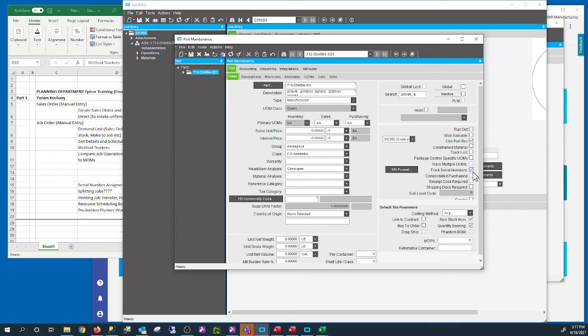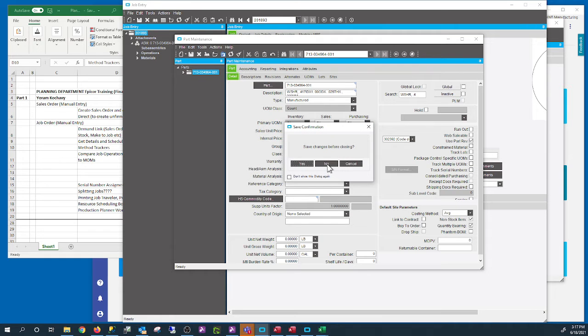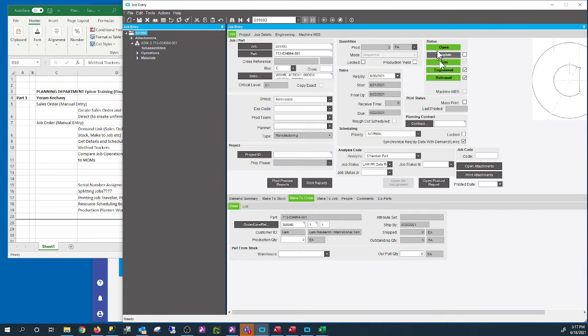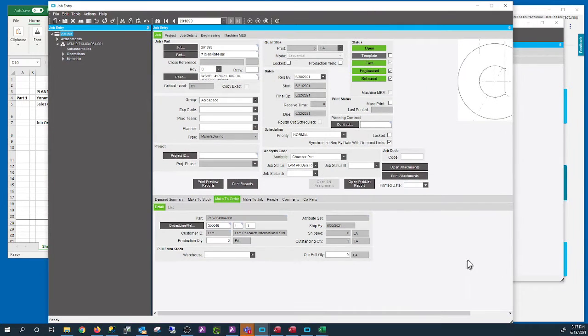If it requires one, I just click it, and then it will require a serial number. For now, I'm not going to touch this one. This is the engineering job; the planner has nothing to do with it. Your job is to make sure that if a part requires a serial number, that is a big message telling you this part needs a serial number. If this part number requires a serial number, it will require it.